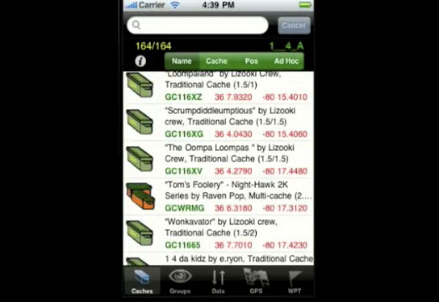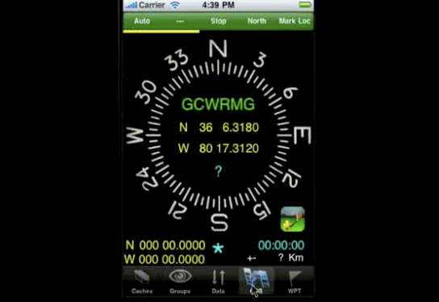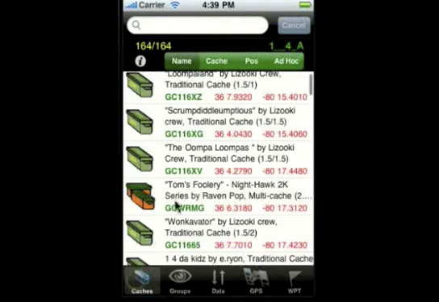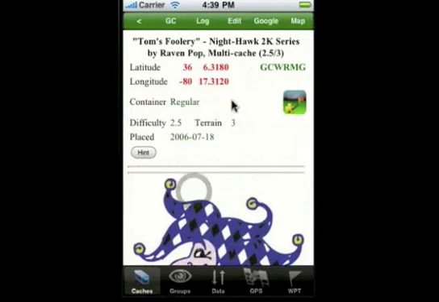Well, moving right along, we come next to the GPS tab. You click in the GPS tab, you get this display, and we'll just kind of describe it. The middle is your actual target cache. It's the cache that you actually selected over here. So let's go ahead and select Tom's Foolery, and notice that that's